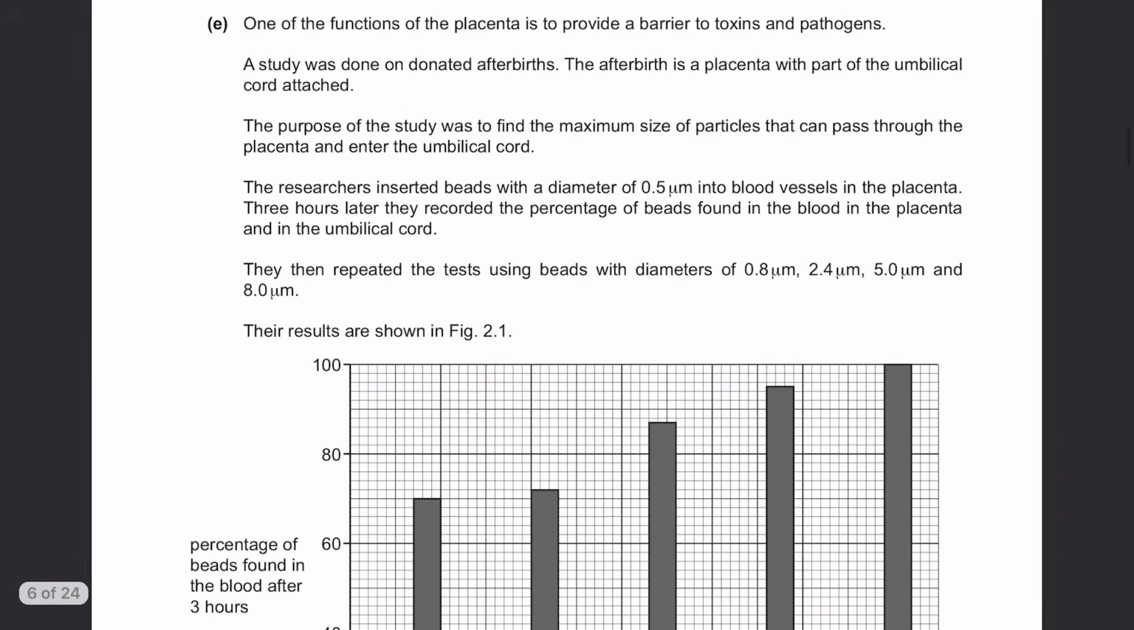Part E. One of the functions of the placenta is to provide a barrier to toxins and pathogens. A study was done on donated afterbirths. The afterbirth is a placenta with parts of the umbilical cord detached. The purpose of the study was to find the maximum size of particles that can pass through the placenta and